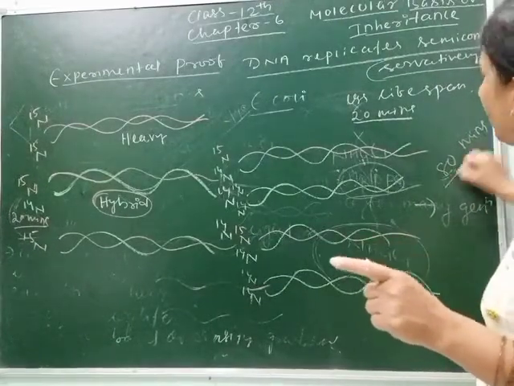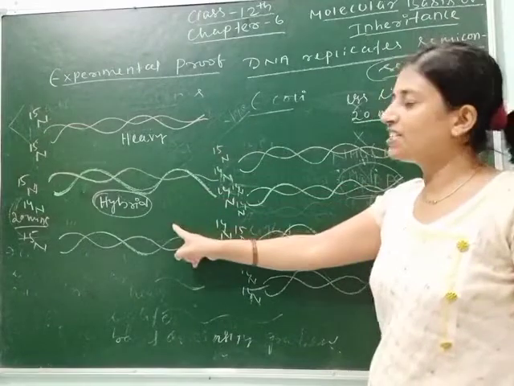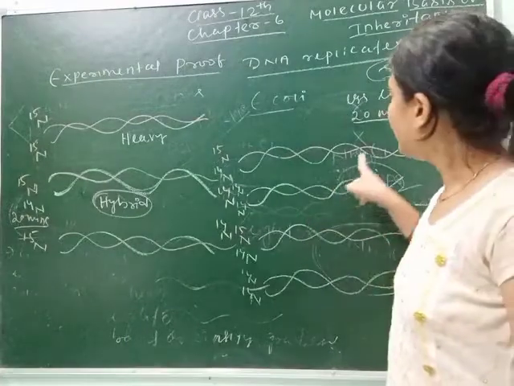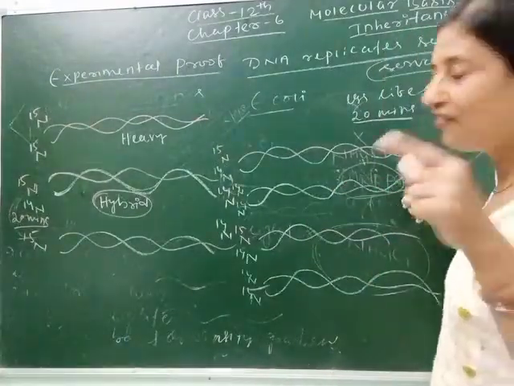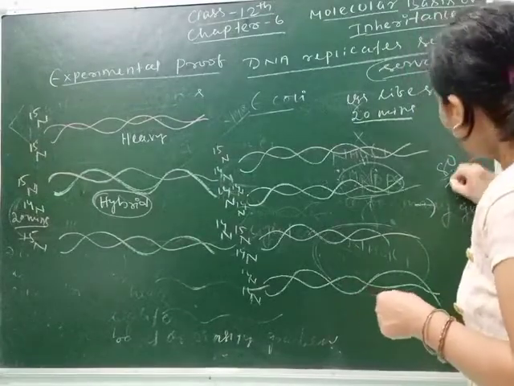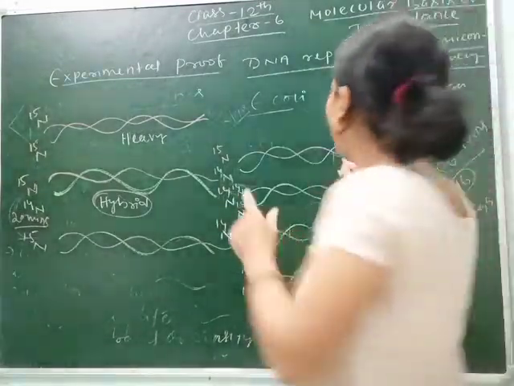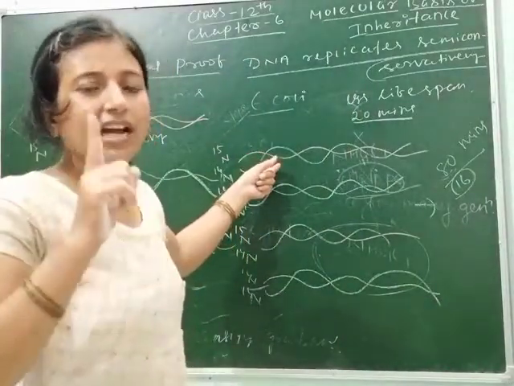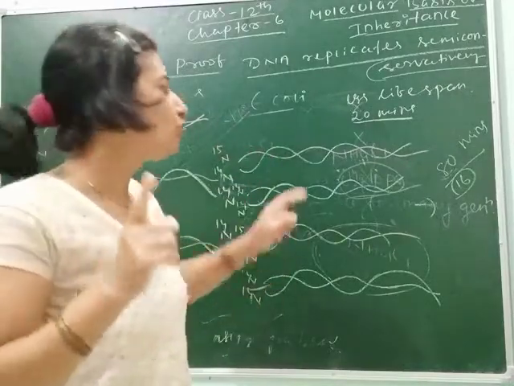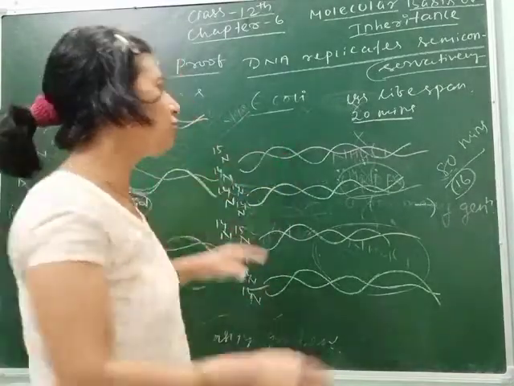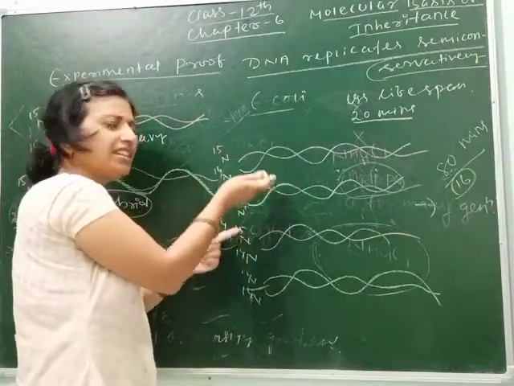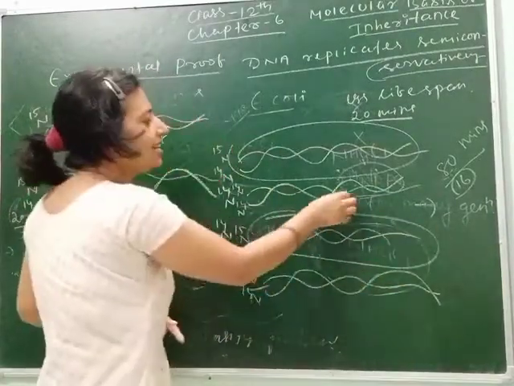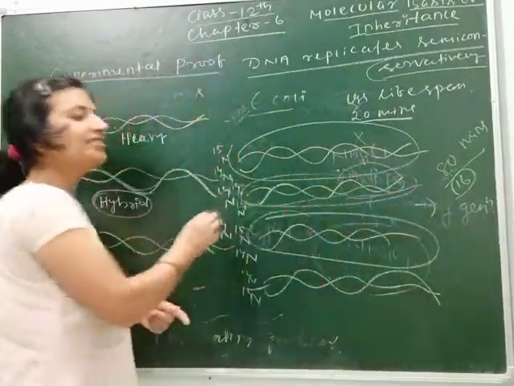Can you say, if 20 minutes are needed to complete its life cycle and after 20 minutes it forms 2, then 40 minutes it will form 4, then 60 minutes it will form 8, and after 80 minutes it will form 16. So like this 16 pairs will form, but the hybrid variety, whether the total is formed in millions, remember the hybrid variety we will get only 2. Clear? Only 2. Whether it makes itself 8, 16, 32, 64, whatever, we will get the hybrid variety as 2. And the rest of the DNAs we will get are many more.